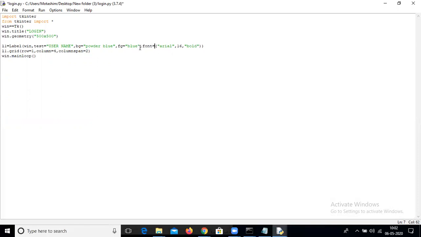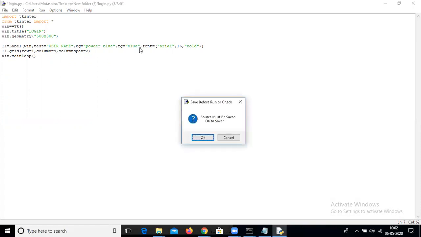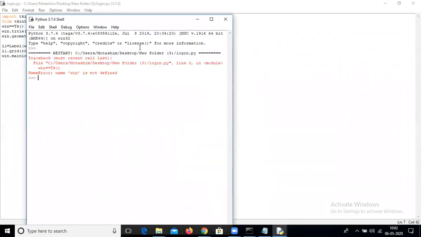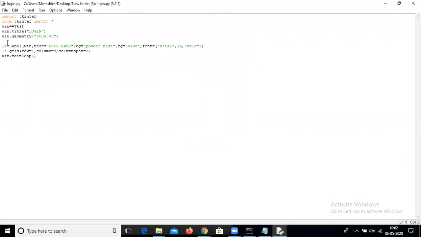Okay, I forgot to mention the assignment operator. Now win is not defined. Why is win not defined? Let me check. Win is already defined. Here is something going wrong.